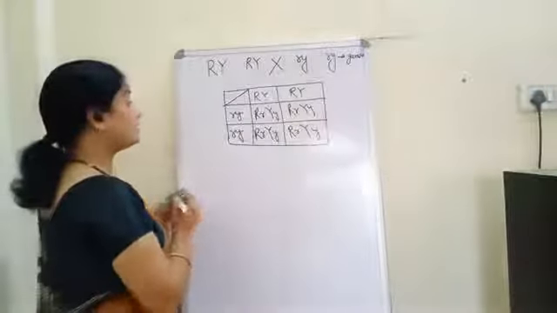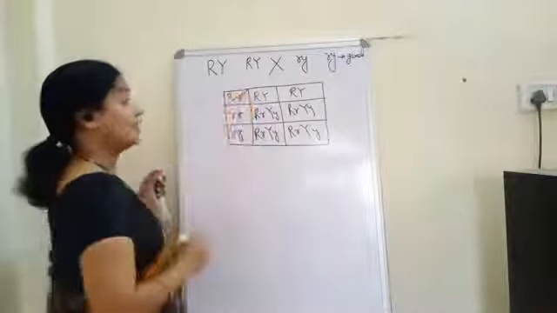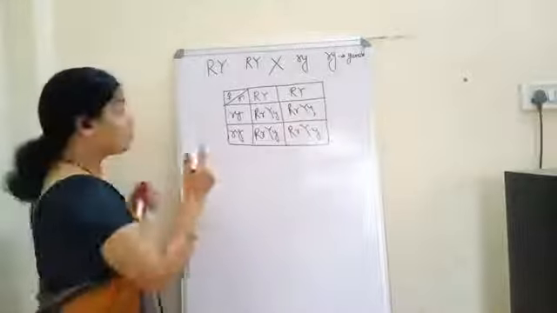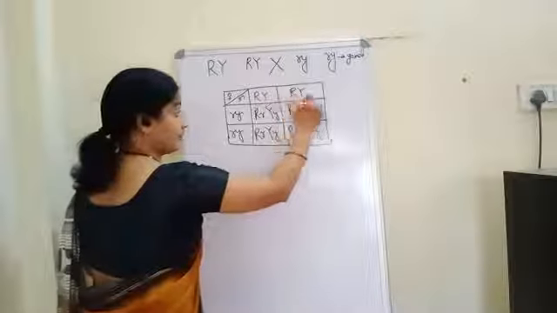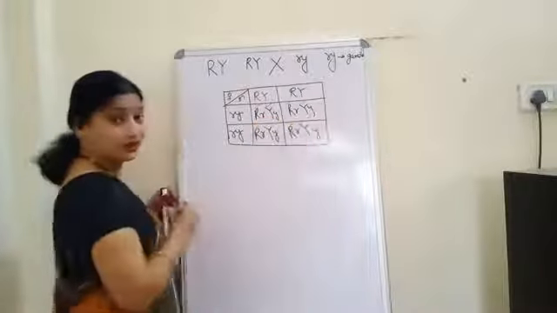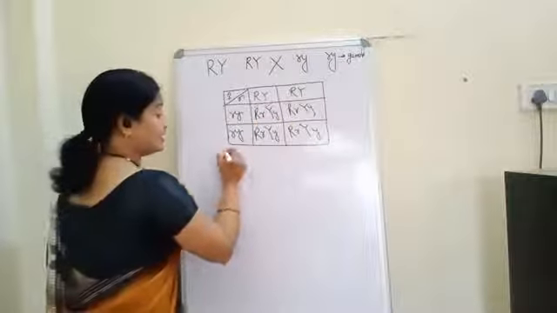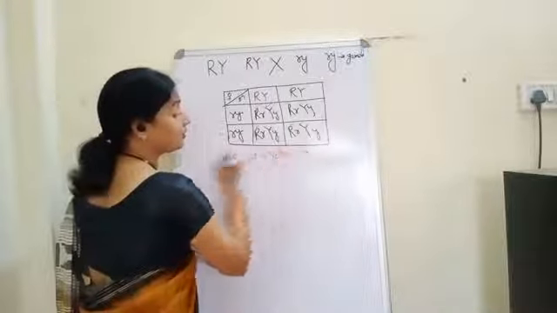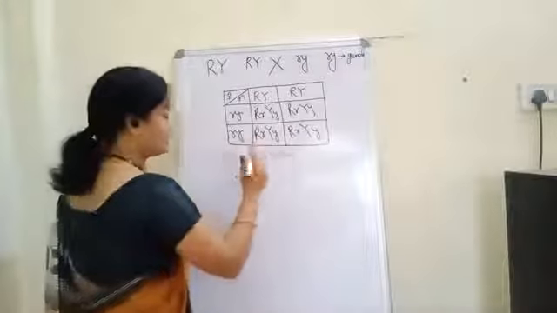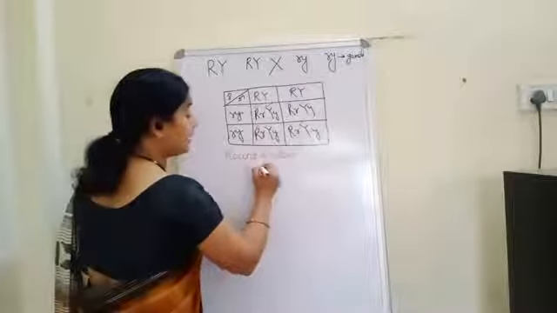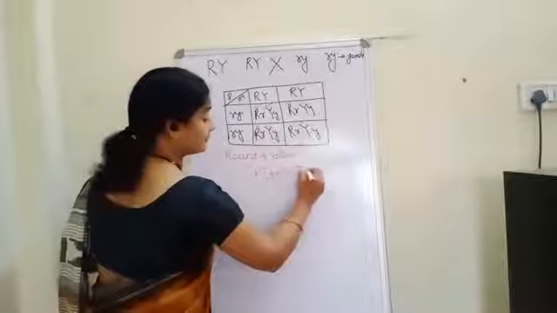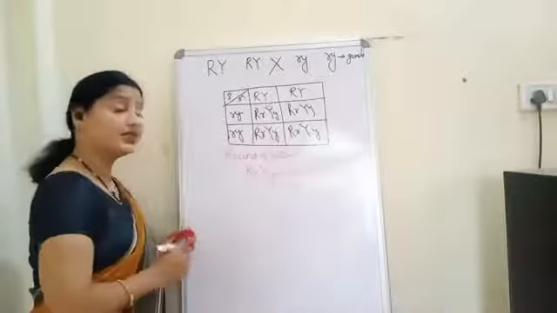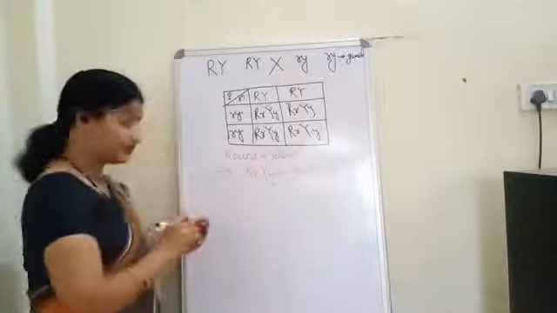Okay, now see in the result. At least one dominant allele is present. At least one, in all the cases. So what will be the seed? Seed will be round and yellow. And what will be the genetic makeup? That will be hybrid. Heterozygous. It will not be homozygous now. Now it is heterozygous. And this is the result.